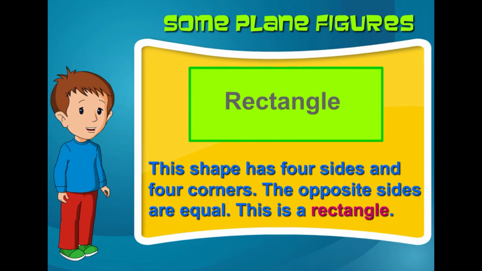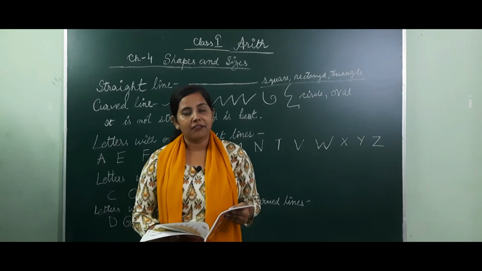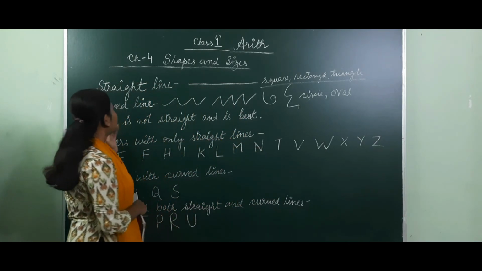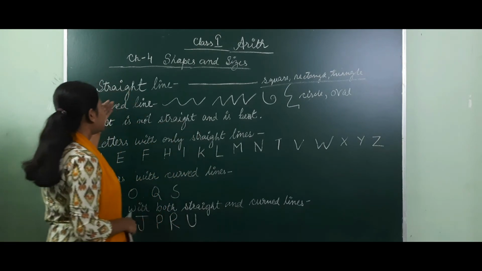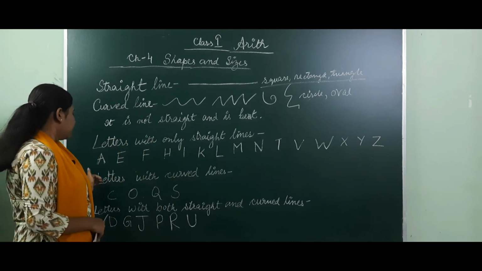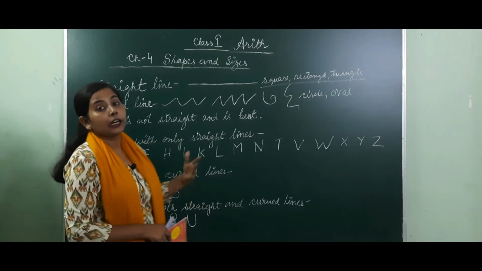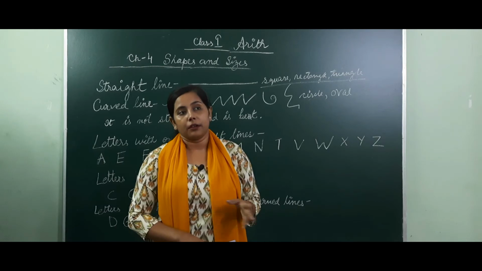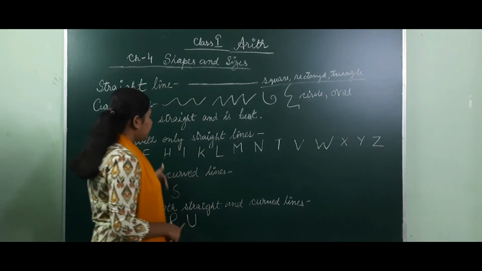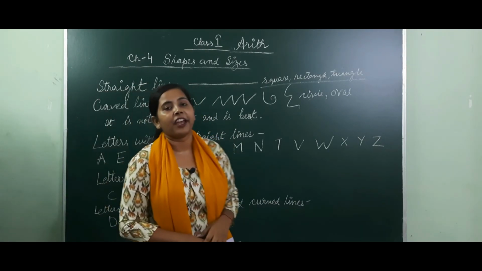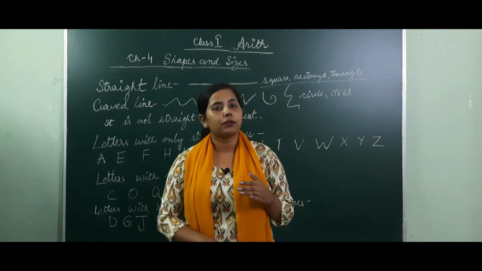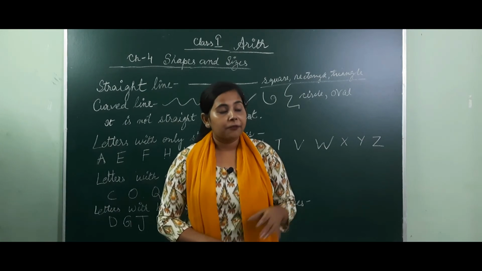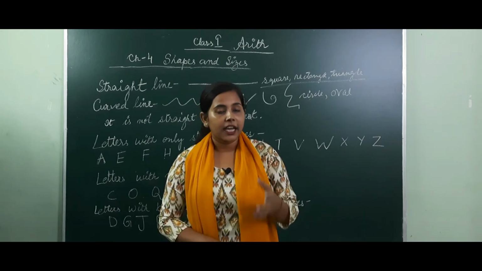This is a rectangle. So in our today's class we have learned about shapes and sizes, its patterns. And we have tried to know about the straight line, curved line, and also the ways through which curved and straight lines can be written in English. For your better understanding I have written this thing. You watch the video very thoroughly and at the same time continuously read the book, and more importantly you observe your surroundings. The shapes of the objects.